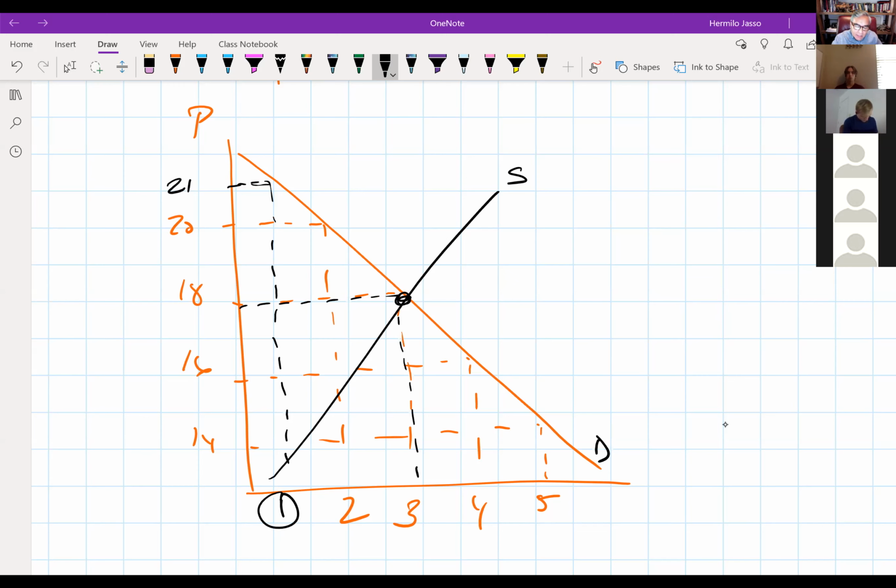So the market creates a benefit. In this case, all this right here is the benefit that the consumer receives as a result of the market interaction. And that is what is called consumer surplus. See, that's the beauty of the market, that it actually brings me a surplus, a benefit, which simply means that I always end up paying less than what I'm willing to pay if we let the forces of the market interact.